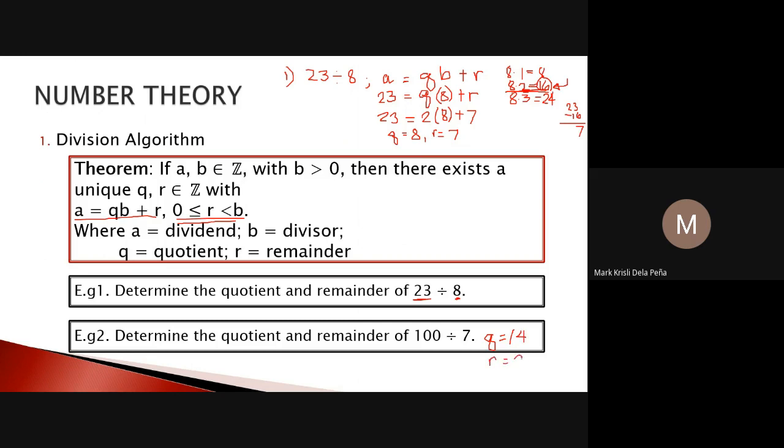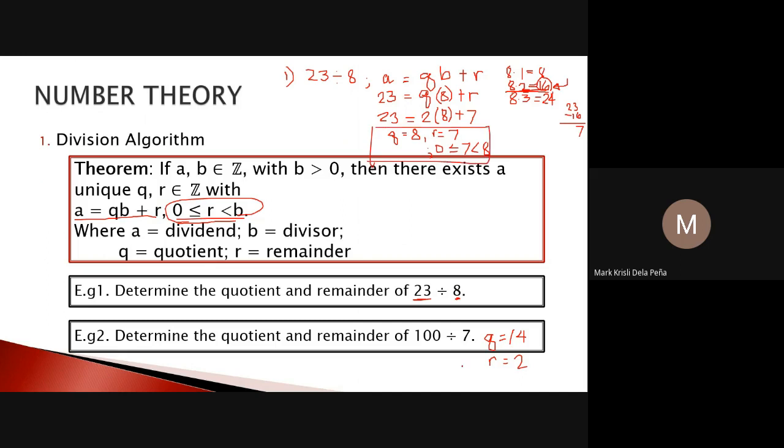And you have to take note of this condition. R should be greater than or equal to 0, and it should be less than B. So here our B is 8, so our R is greater than or equal to 0. Diba? 7 is greater than 0, and 7 is also less than 8. Okay,